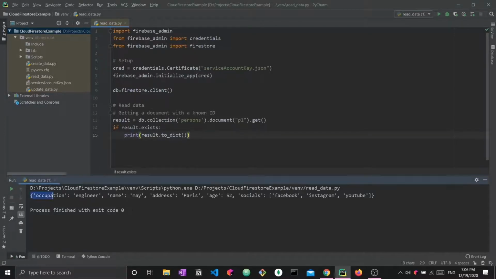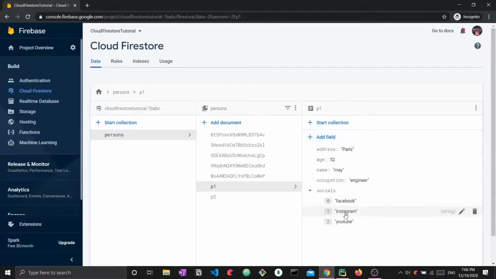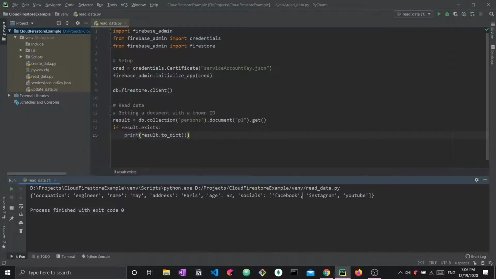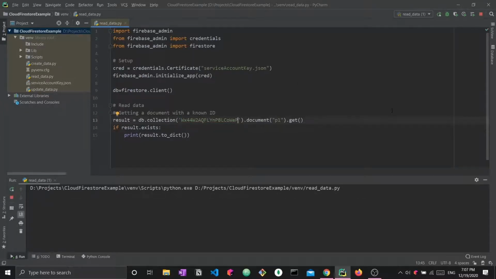You get occupation, engineer, name, May, address, Paris, and all this information. Going to P1, we can see that this is the exact same information. We were able to query P1 from the database. You can actually try this for one of the randomly generated IDs. However, in practice, you may not really know this. So I was just pasting this. Yes, here we go. Now if I run this,